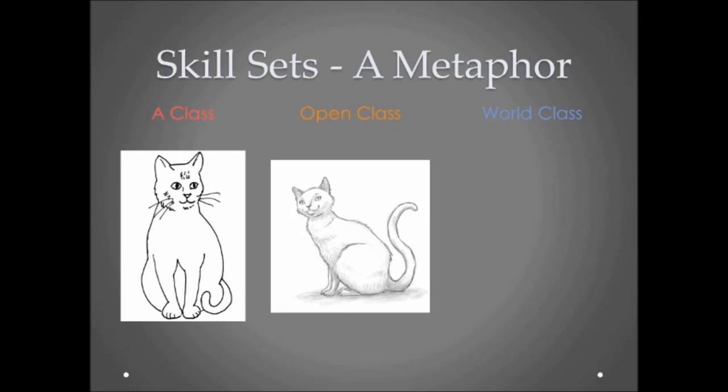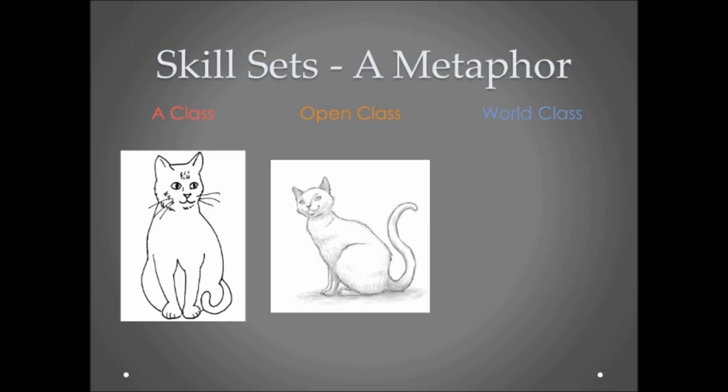You can start to see some expression with this cat. So it starts to transcend to just being a pencil on paper and really starts to evoke a different sense of emotion from the audience member. And that's exactly what we would expect to see with a lot of our open class ensembles, starting to experiment with some advanced techniques, starting to play around, some more successful than others, and really starting to transcend the idea of music and visual components happening in the arena or on the gym floor.